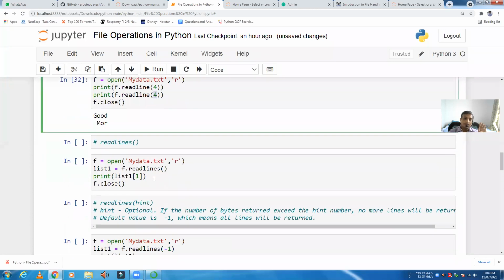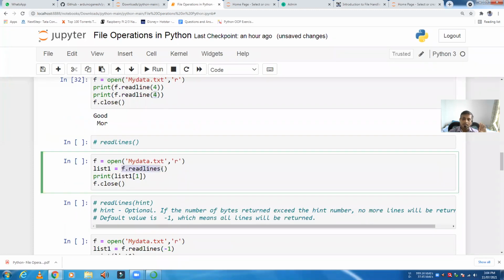Remember that. But there is one function called readlines. Readlines is a function. That readlines function will read all the lines, but it will return all the lines as a list. Suppose I have the readlines function, it will return the list, and I am printing that list.